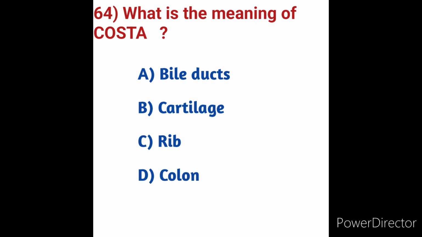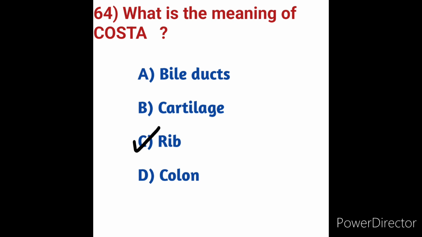Costa is a rib or rib-like part, such as the midrib of a leaf or a thickened anterior vein or margin of the insect wing. Any of the 12 pairs of curved arches of bone extending from the spine to or toward the sternum in humans. Rod-shaped intracellular organelles lining below the undulating membrane of trichomonas. This is the medical term meaning for the costa. So here in these options, costa means rib, so option C is the correct answer here.